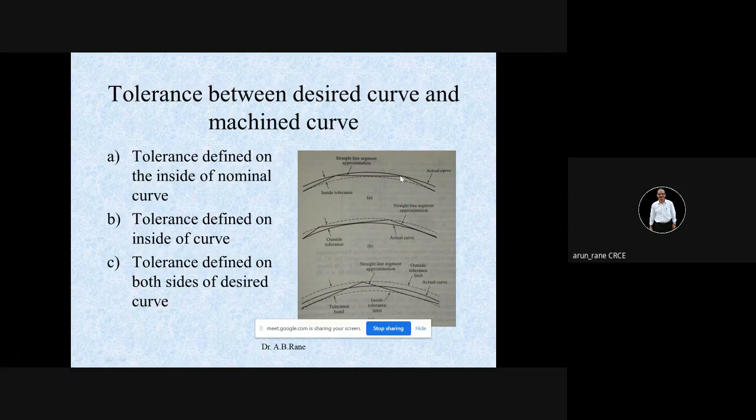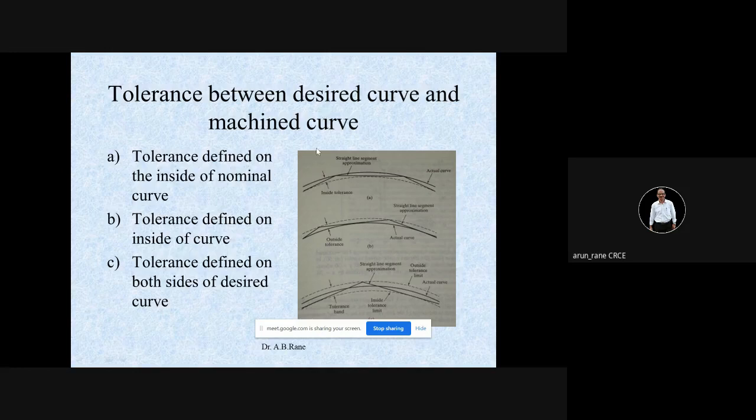This is what is called aliasing. We call this aliasing. If it is from inside, it is called the inside tolerance. If it is from outside, it is called the outside tolerance. In outside tolerance the movements are like this. In inside, the movements are this way. This is your inside tolerance and outside tolerance.